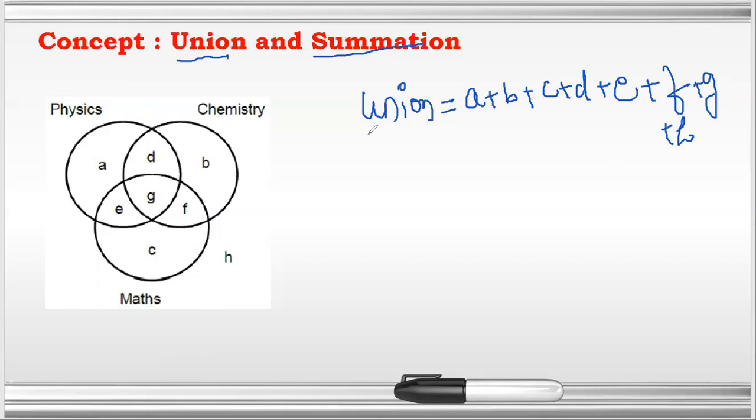Now what is a sum? Let's say the total number of students is 100, out of which physics are, let's say, 40, chemistry 50, maths 30. Just an example I'm taking. So what will be the union of this? The union will surely be 100, the total. Now when I do the sum of them, this 40, this 50 and this 30,